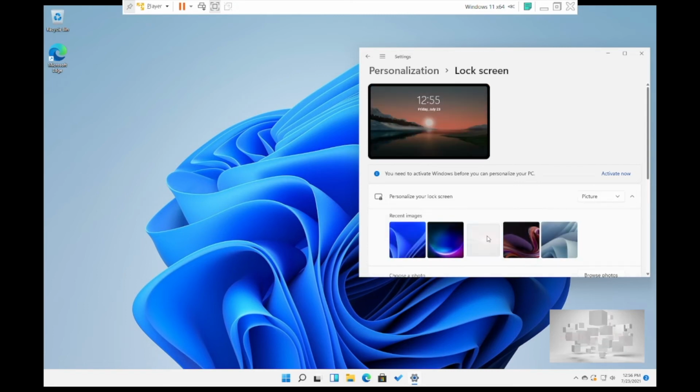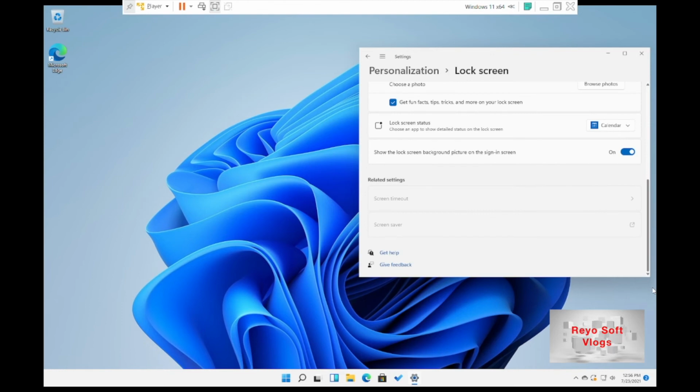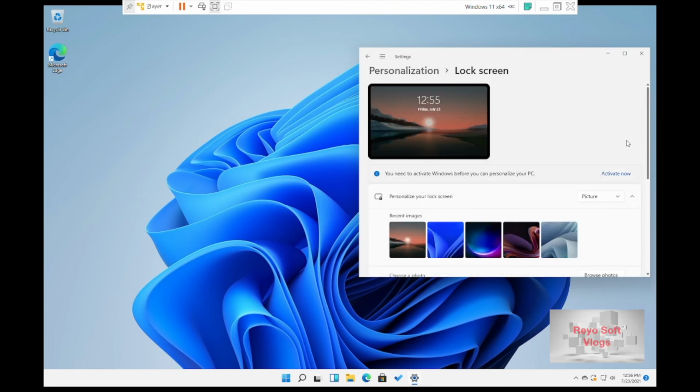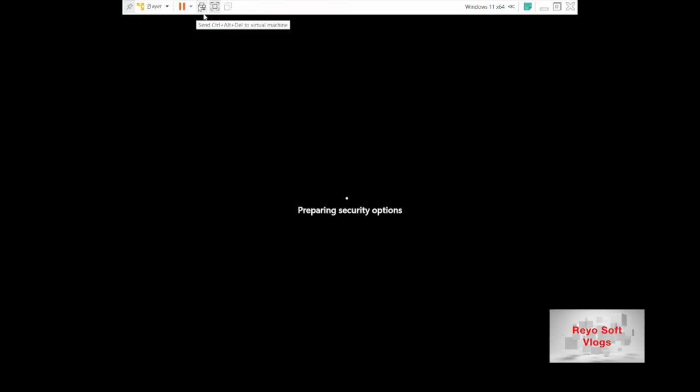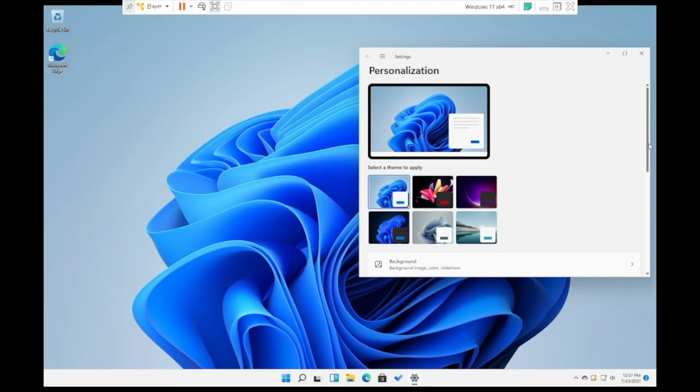So you have so many pictures, you can add more, but you have so many. So select them, any one of them, and that will be your lock screen. So you can see I have locked this one.